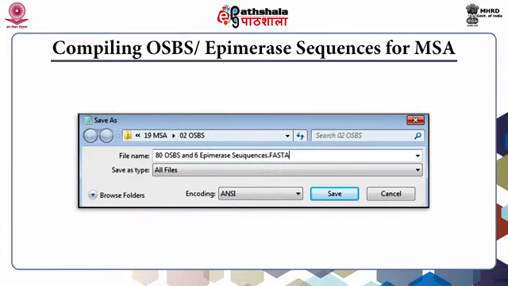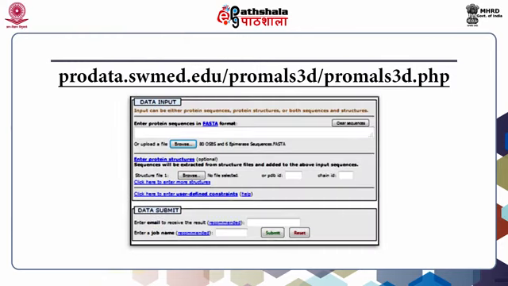Copy these sequences, paste them at the beginning of the already saved FASTA file with 80 sequences for the OSBS, and save the new file with a new name such as 80 OSBS and 6 epimerase sequences.fasta, with all files selected. Upload this saved file, that is 80 OSBS and 6 epimerase sequences.fasta, at PROMALS3D and submit for multiple sequence